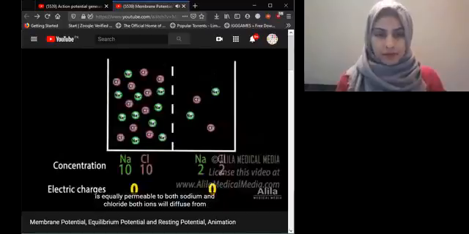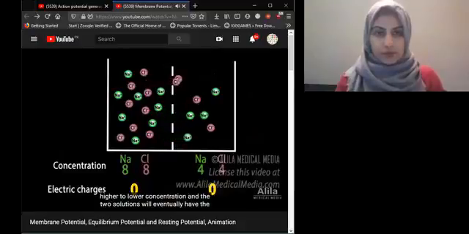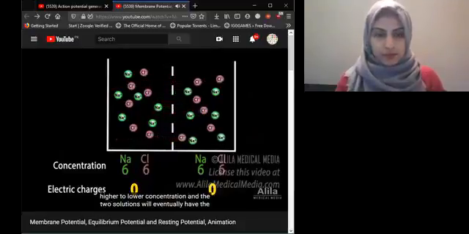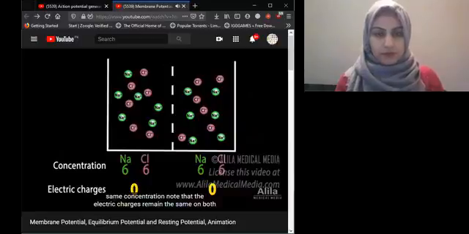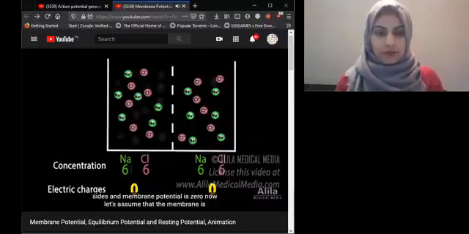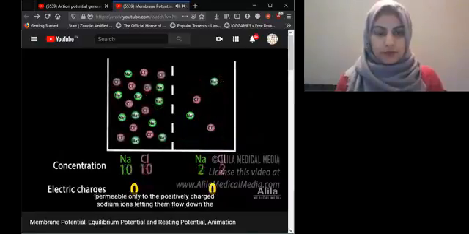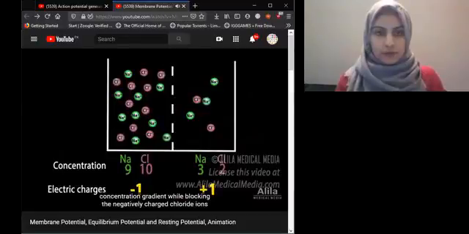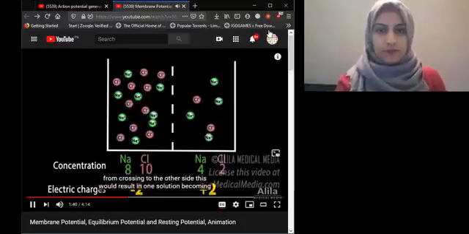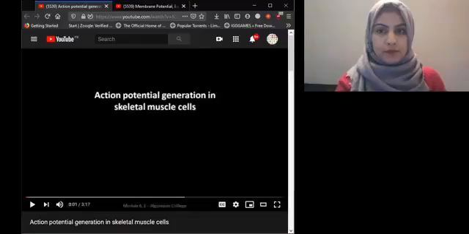If the membrane is equally permeable to both sodium and chloride, both ions will diffuse from higher to lower concentration, and the two solutions will eventually have the same concentration. Note that the electric charges remain the same on both sides and membrane potential is zero. Now let's assume that the membrane is permeable only to the positively charged sodium ions, letting them flow down the concentration gradient while blocking the negatively charged chloride ions from crossing to the other side. This would result in one solution becoming increasingly